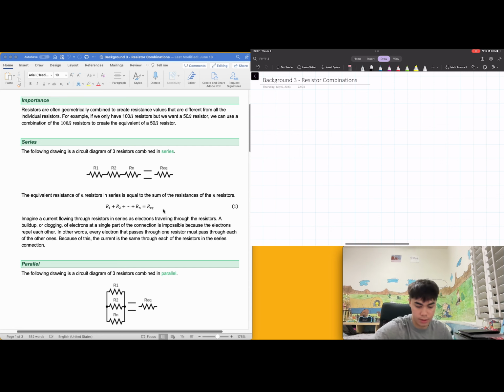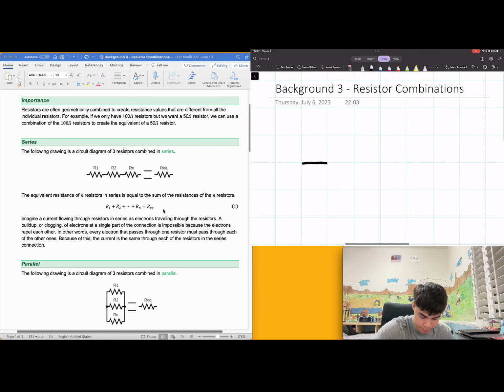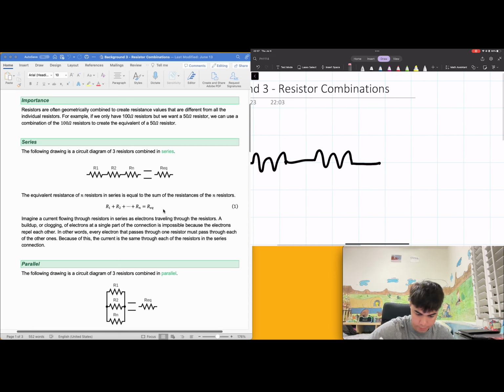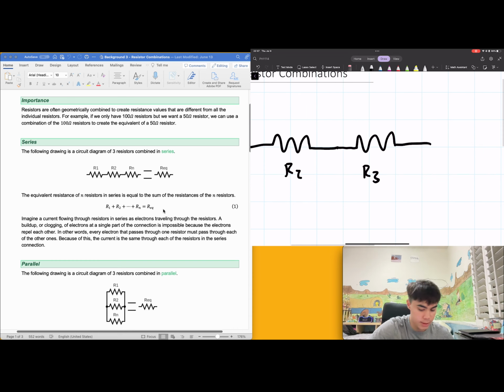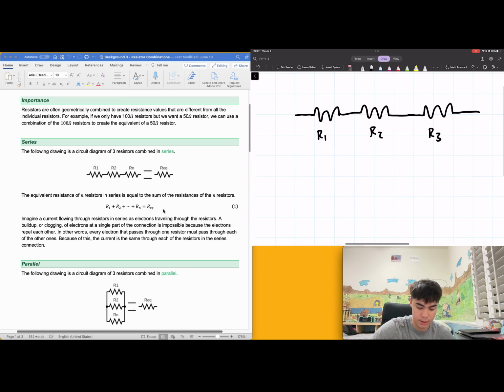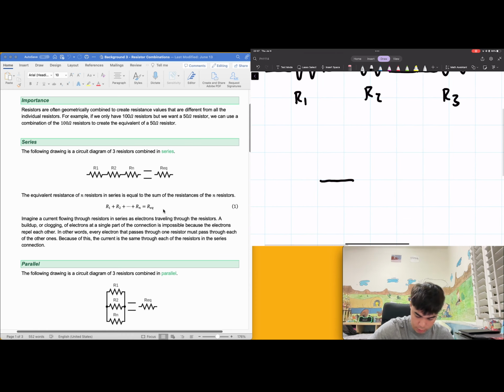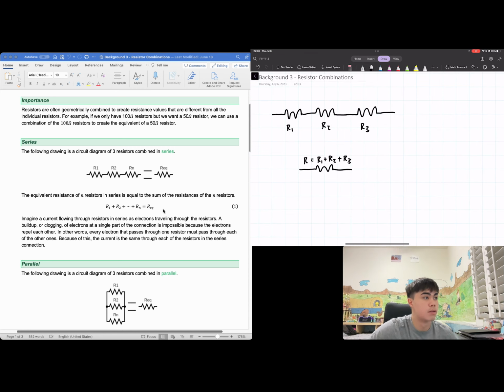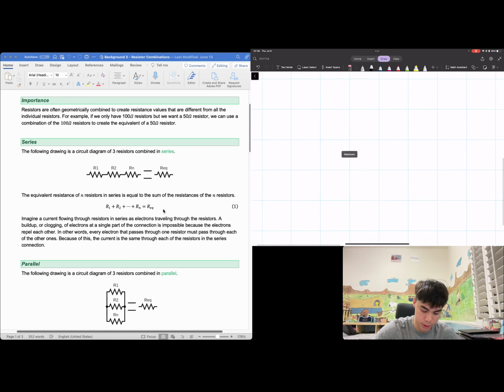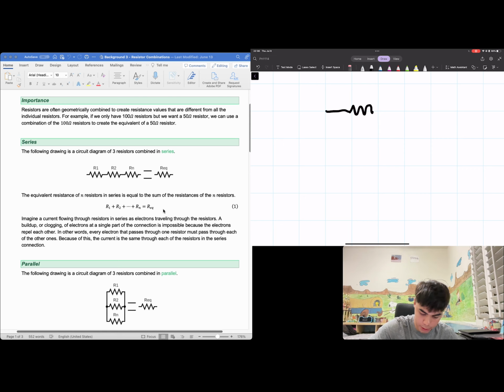So if we have a set of resistors in series, and I'll name them R1, R2, R3, and this can be like in a circuit or something, this setup is equivalent to having one resistor with its resistance equal to the sum of their resistances. That's pretty straightforward. Now, if we have resistors in parallel,